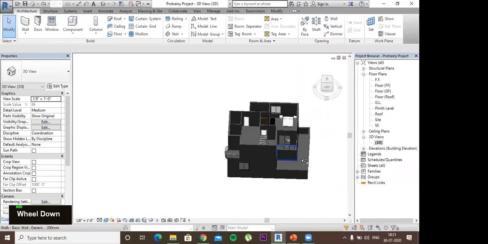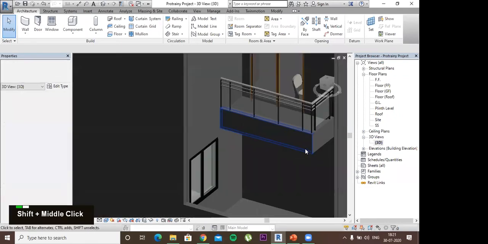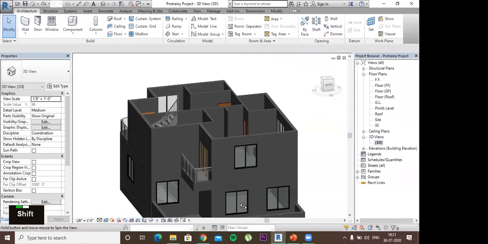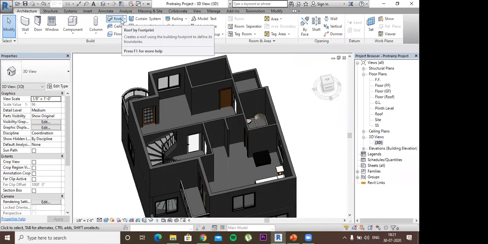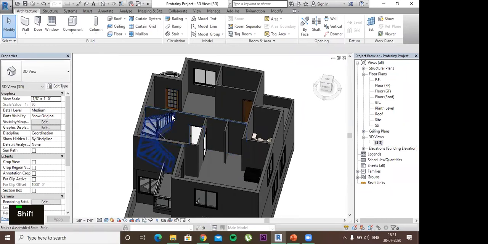Okay, now let's move towards the roof of the house. So there is this option called roof. So nowadays we need some space on our terrace to move around. Okay, so we don't create a whole roof. So what you will do in a roof floor,